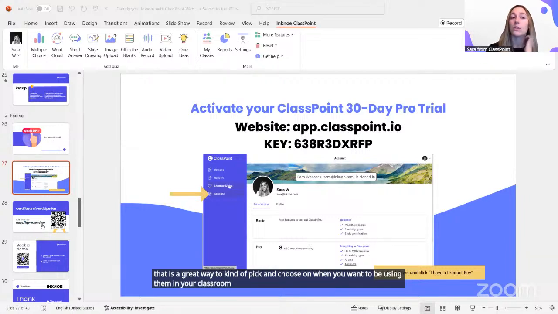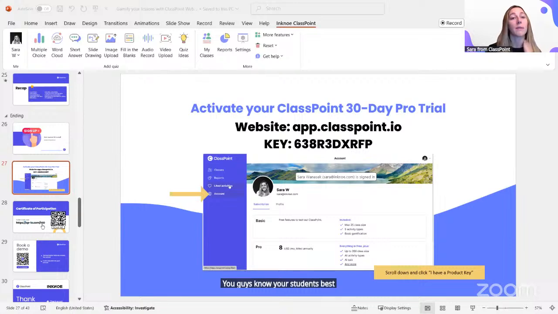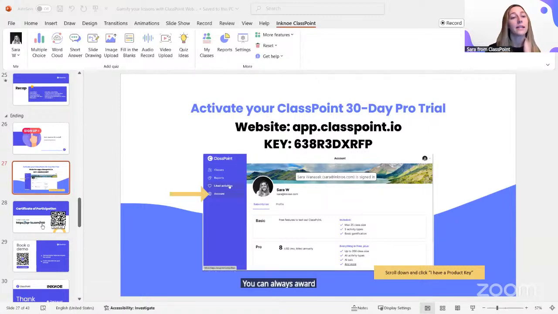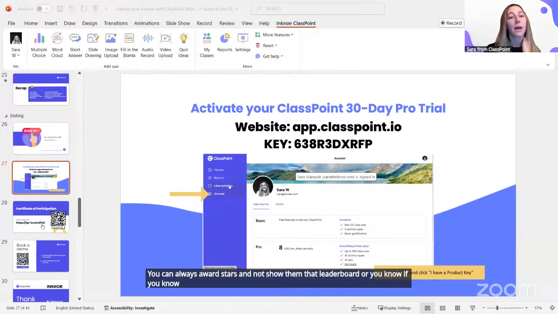Teachers can really use this in the way that is fitting for your classroom. You know your students best and how much gamification they might need or when it starts to be distracting. You can always award stars and not show them the leaderboard, or, if you know that they're really motivated by that leaderboard, show it more often. You really have the freedom to use these gamification features as you would like.